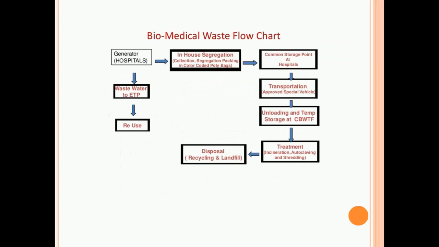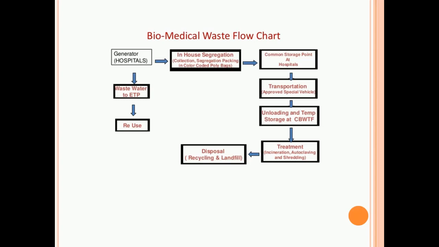So coming to a flowchart of how biomedical waste can be managed properly. Starting with hospitals, the generators. These are the major generators. Hospitals are one place where a lot of biomedical waste is produced. Apart from the biomedical waste, they even produce wastewater. The wastewater from hospitals is also not safe, because there can be a lot of organisms present in it, and if not treated properly, it can lead to a lot of pandemic diseases like cholera, typhoid, etc. That is why that also has to be treated properly.